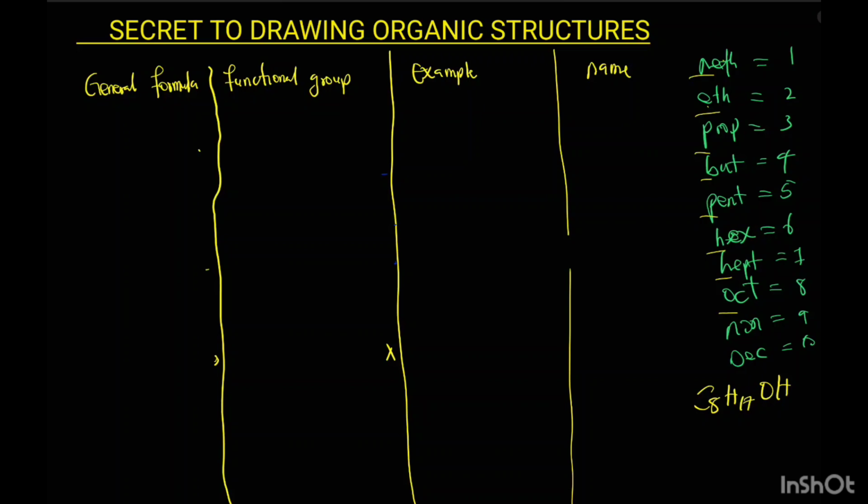Alright, so the next one we're going to be dealing with is aldehydes. Number 7. Aldehydes. Sorry, that's a mistake. Aldehydes or alkanals. Their general structure or formula is